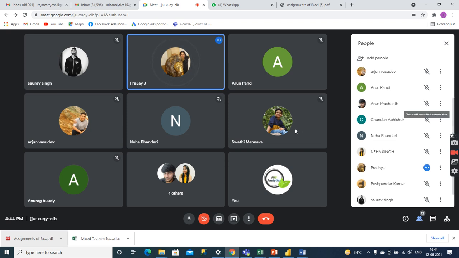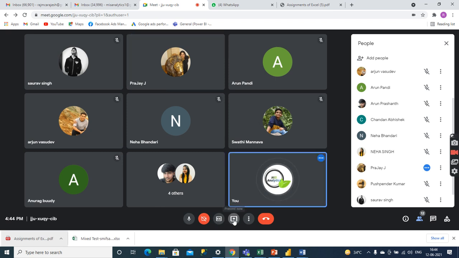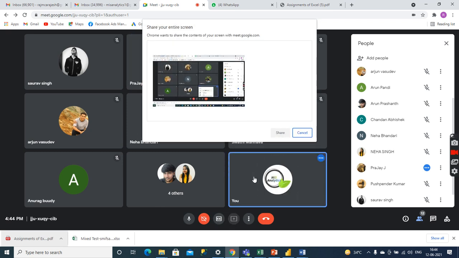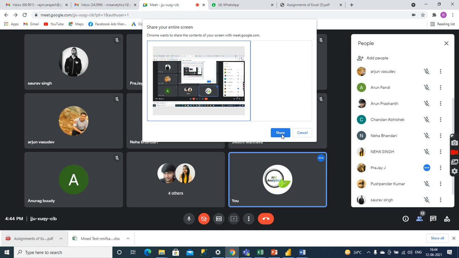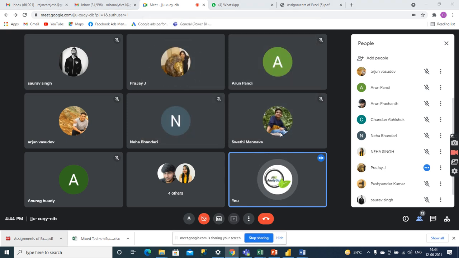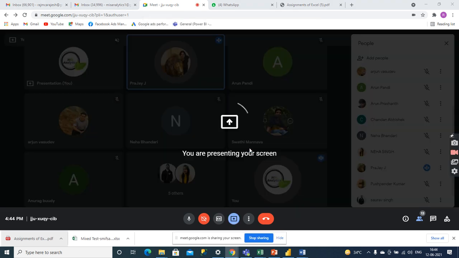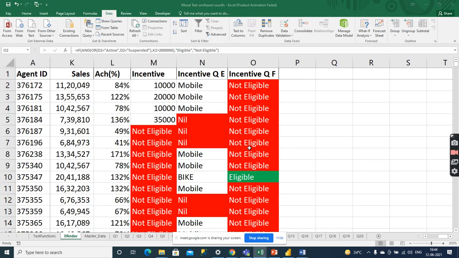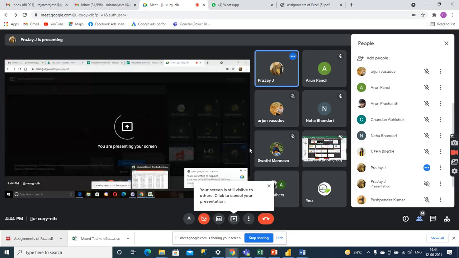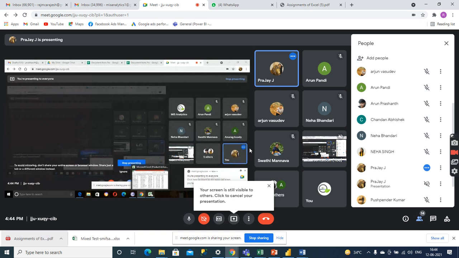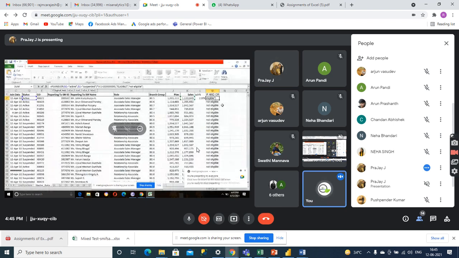How about now? I cannot see. Just a minute, can you share it on WhatsApp? Okay, you send it on WhatsApp. I think now you should be able to. Are you able to? Yes, yes, now I can see.